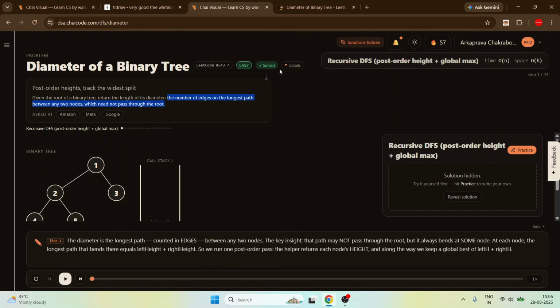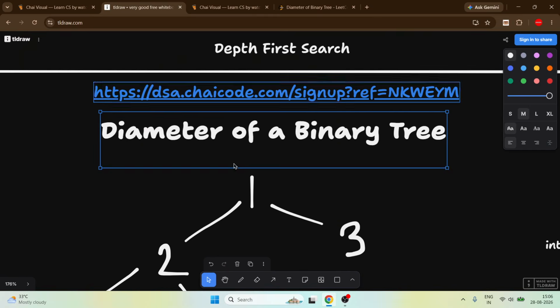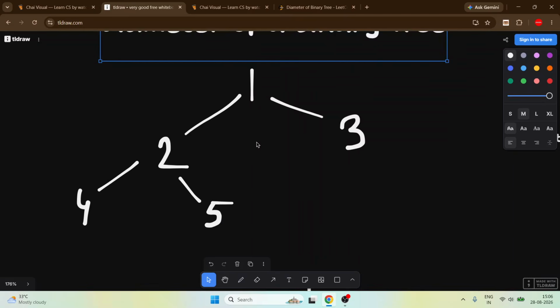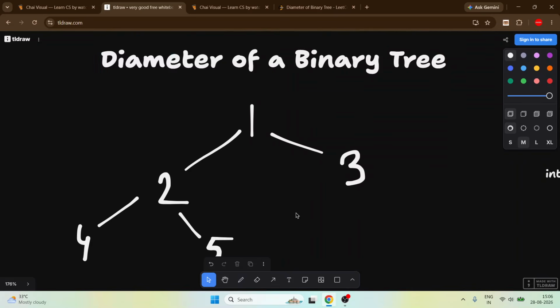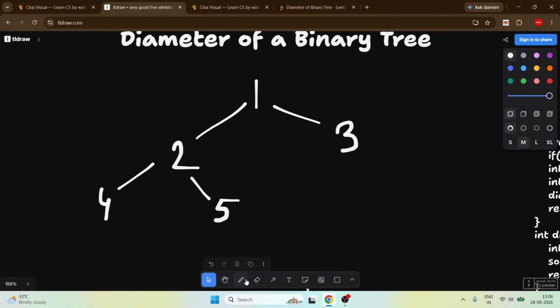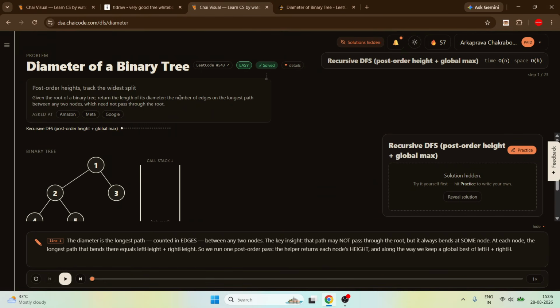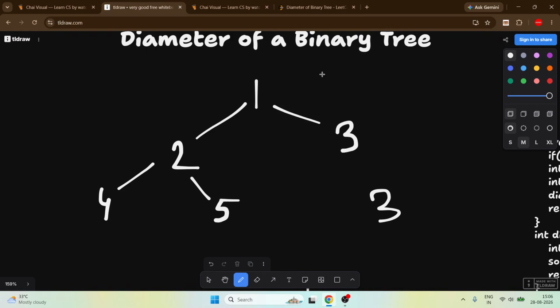Okay, so what does it mean? If you take this example, what is the diameter? The diameter is 3. And what is the formula of diameter? The number of edges on the longest path between any two nodes. So what is the longest path in this tree?